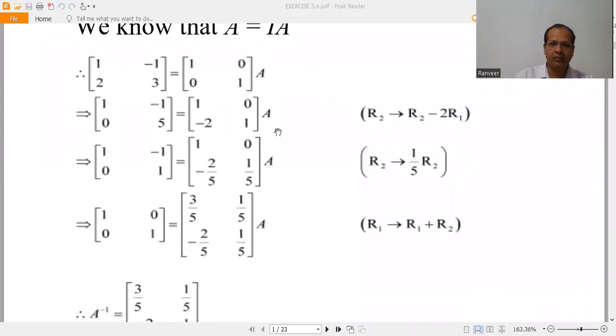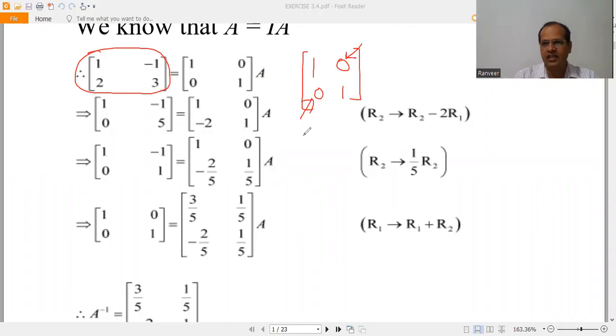Now for that we have to select operations, and I'm going to give you the technique. First of all, our task is to bring 1, 0, 0, 1 in place of this. So first we have to think what we can do so that in this place and this place we can bring 0. For that, suppose we multiply the first row by 2 and subtract it from the second row,